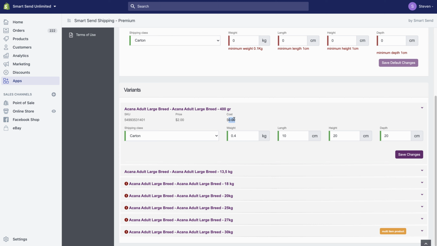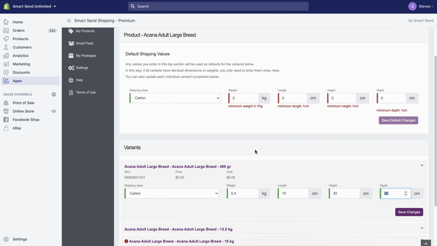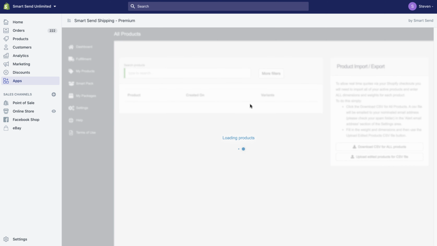Now, cost price, which is your wholesale value of the product, is only needed if you use transport assurance to cover the goods against loss and damage in our app. If you don't use that, then it's not a big deal to keep that updated, but either way, our app does that anyway for you. So just be aware that Shopify Products is where you need to store relevant information that you want updated in the app regularly. Obviously, the only thing that isn't stored in Shopify is dimensions, so we have to store them here separately in our app as well. So that's how you update products